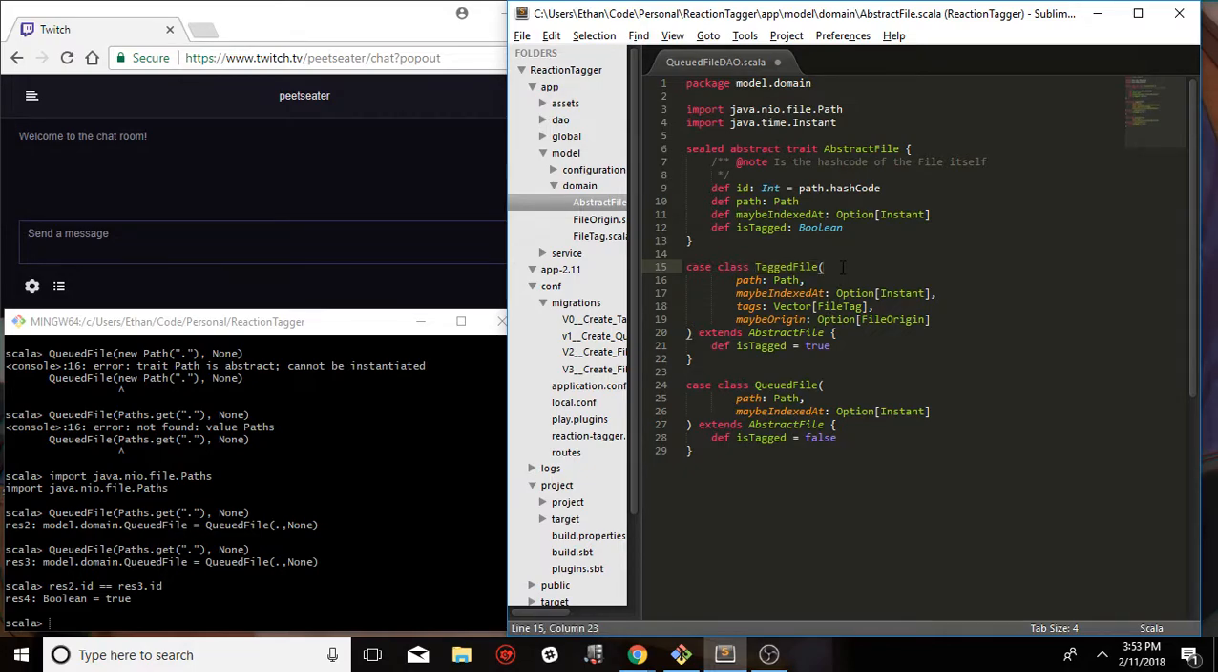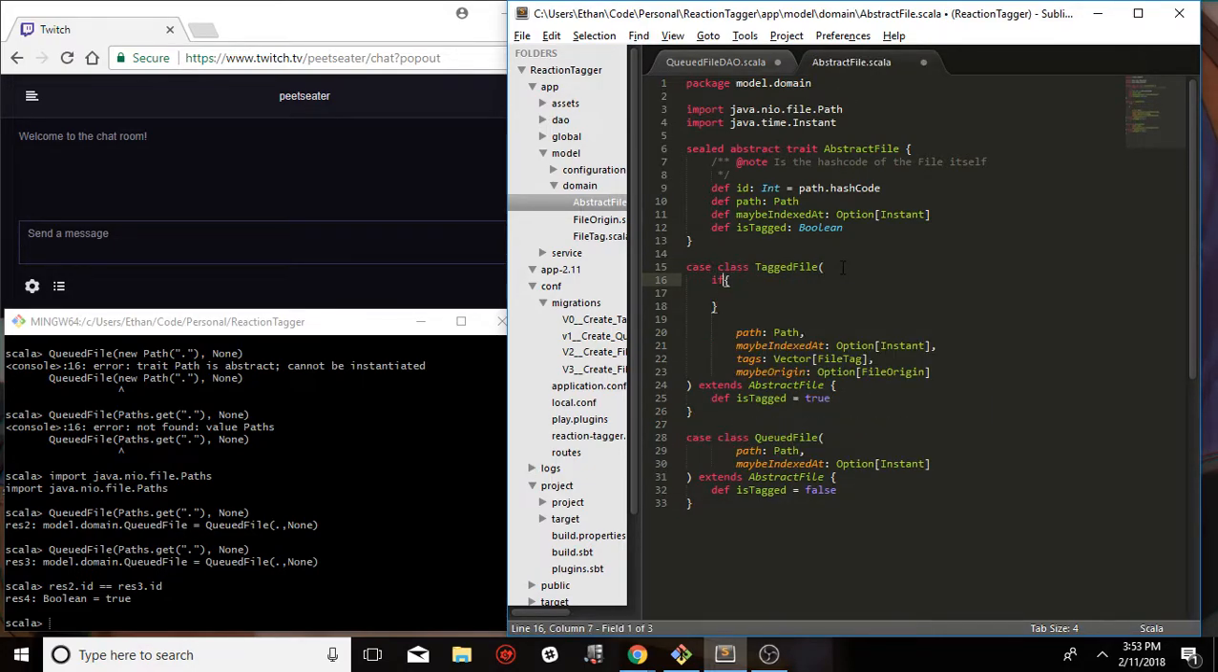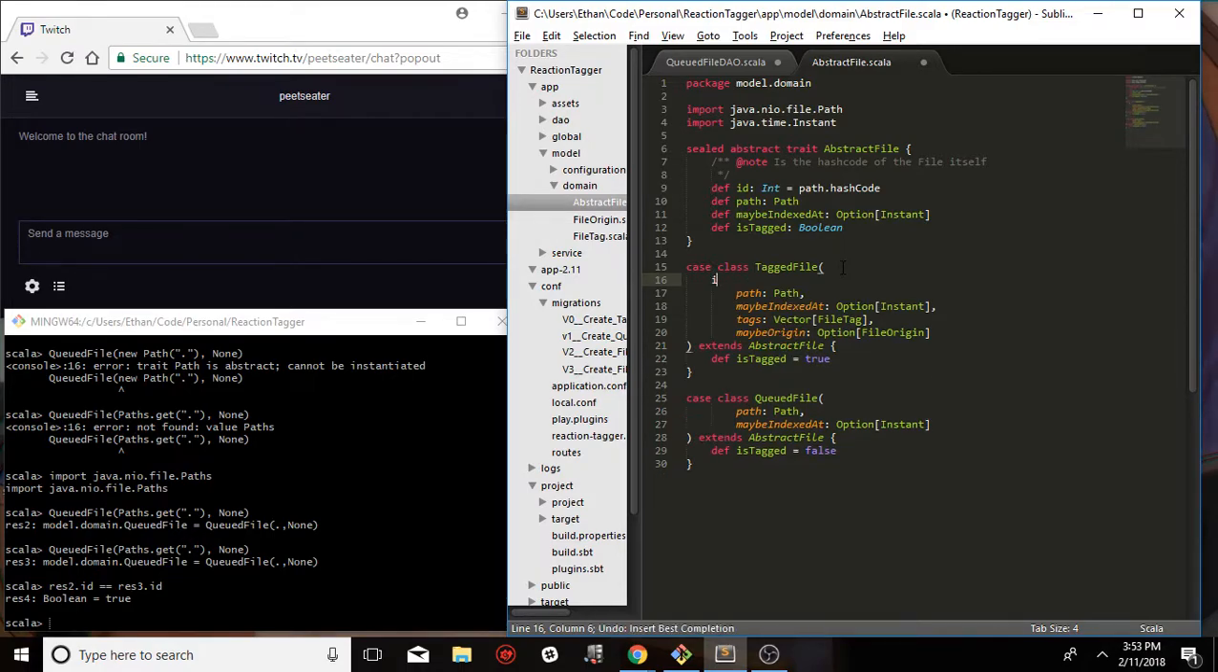So there's that. So ID really needs to be a field. Oops. You know, ID really needs to be its own field here for the tagged file. It doesn't need to be for the queued file, because when we traverse the directory, we're not actually gonna pull anything out there. So there's that. ID might need to be the same for both, to be honest. It might need to be a field on queued file as well. Primarily because